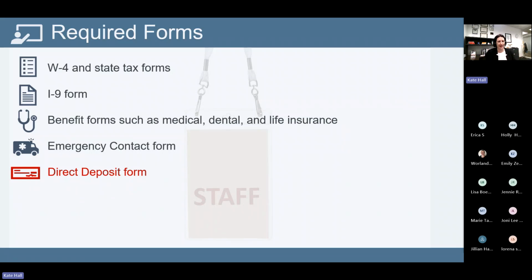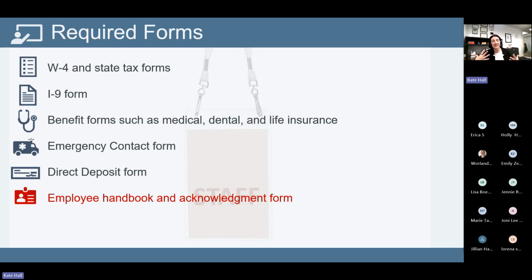Just remember that. You also are going to want to give them your personnel policies. We talked about that last week. This is really important. Having an acknowledgement form that they can go over, that they can sign off on, that they read and understood, is also important. Just a quick note, one other legal thing,